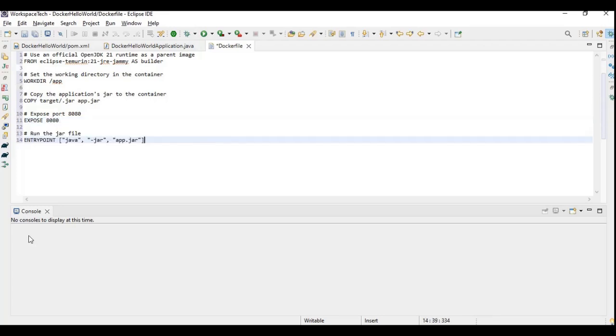Then the last step is that we have to specify the entry point of our application. These are basically the commands that Docker will be running to compile our code and run our jar file. To run our jar file after compiling, we have to specify what would be the entry point, what would be the commands that Docker will be firing. So this is the Dockerfile that we have created for just deploying a hello world example.